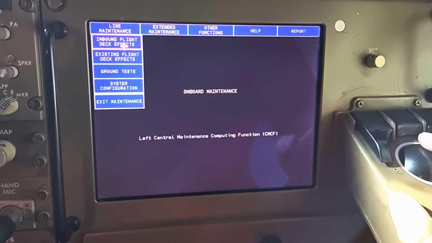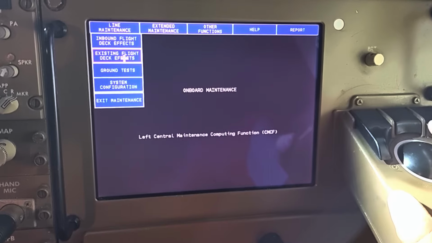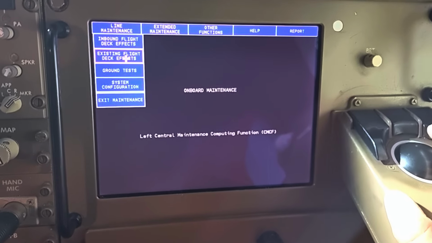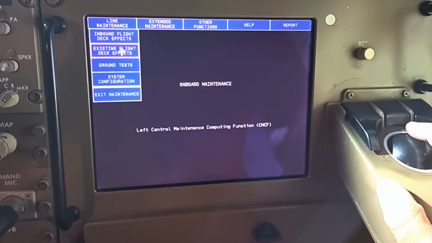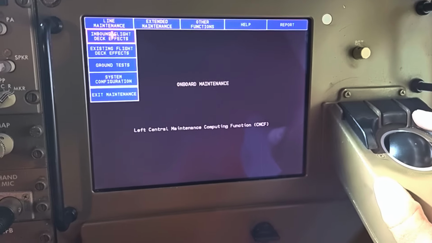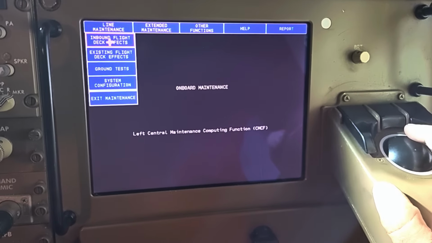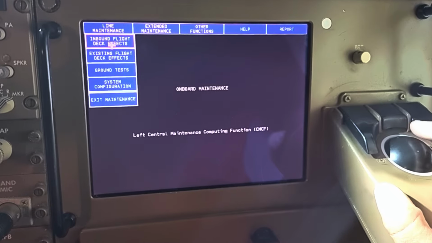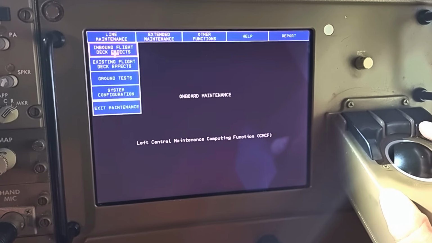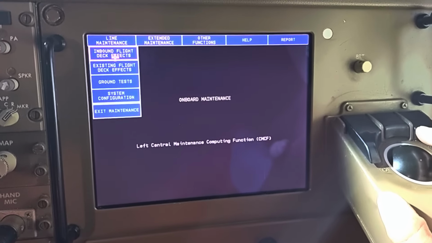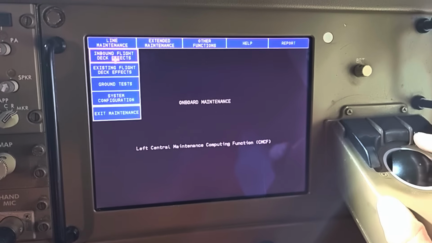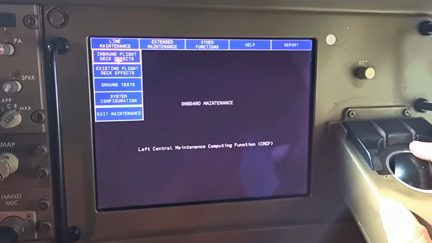Now here we have the inbound, and then we have the existing. So what is the difference between the inbound and the existing? Existing means real time. Inbound flight deck effects may have come in that flight leg, but they may not be there right now. I am on the aircraft and I am not seeing any flag. So the radio altimeter flag has come in the flight, but now it is not there.